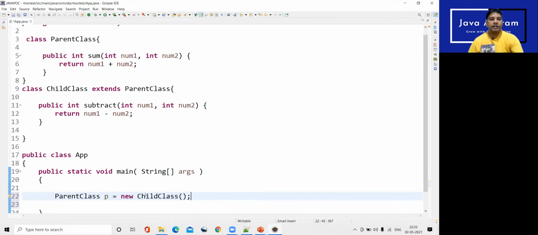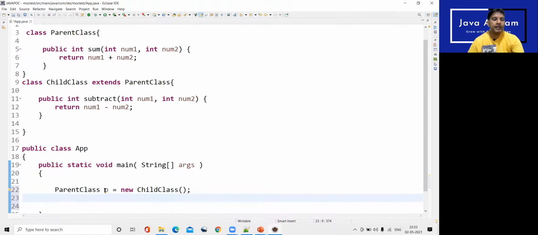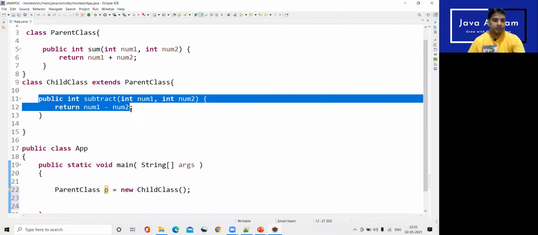Okay, it's creating the child class object and this parent class reference variable is holding the child class object. So using this parent class reference variable, you can call only the parent class method. You cannot call the child class method using this reference variable.